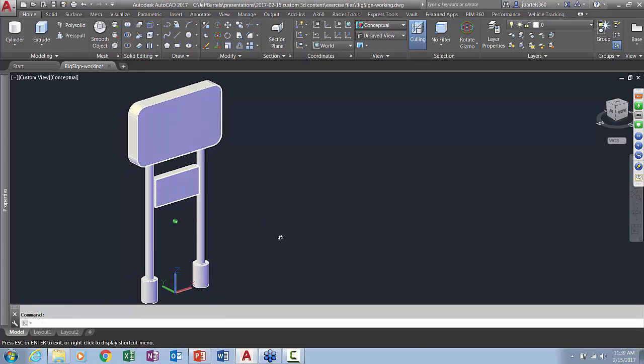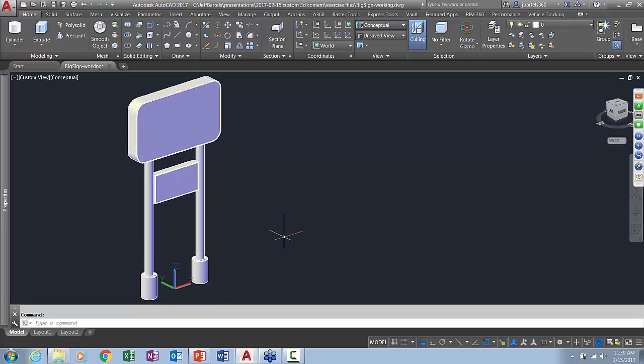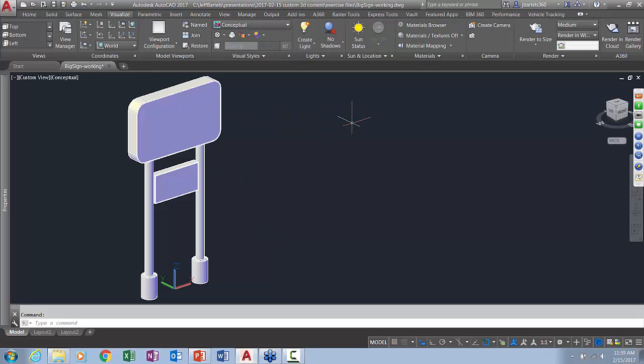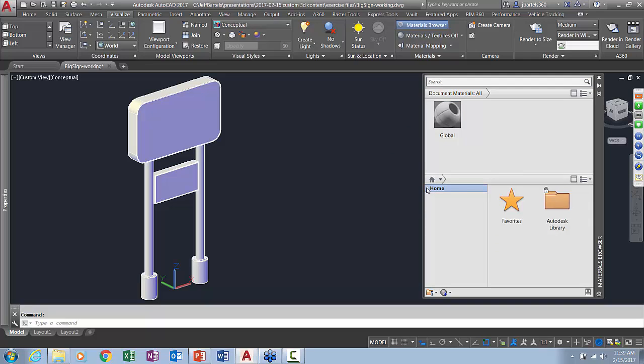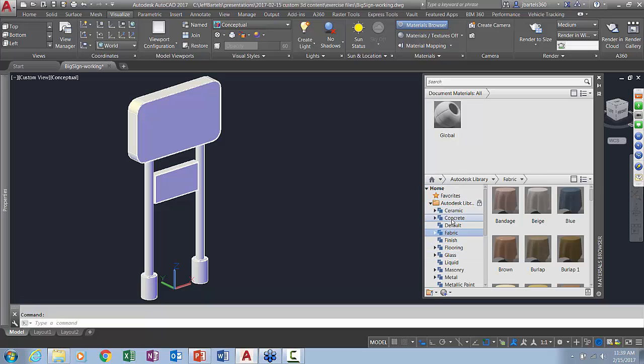So now that I have my geometry, I'm in a position where I can start applying materials. To apply materials, we'll go to the Visualize tab, and here on the Materials panel, I can open up the Materials browser. This is where we can access the library of all the materials that are available in AutoCAD. Now, if I expand the home here and go to Autodesk Library, I can start shopping through the various subfolders here,